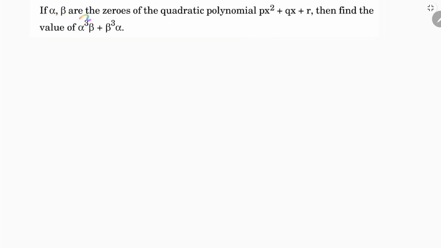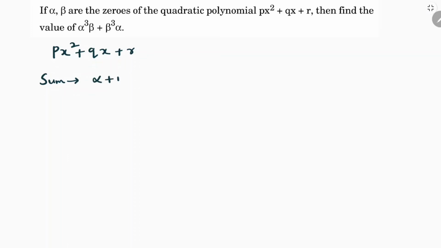If alpha, beta are the zeros of the quadratic polynomial px²+qx+r, then find the value of α³β + β³α. So here alpha, beta are the zeros of the polynomial px²+qx+r. So what I'll do, I'll find the value of the sum of the zeros, that is